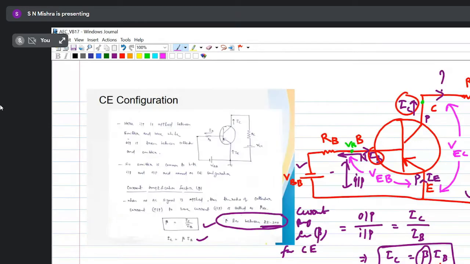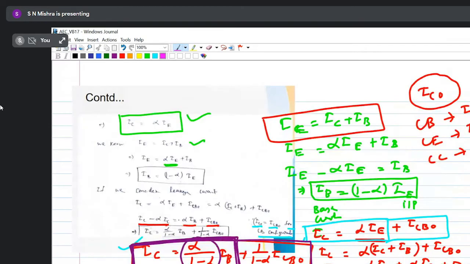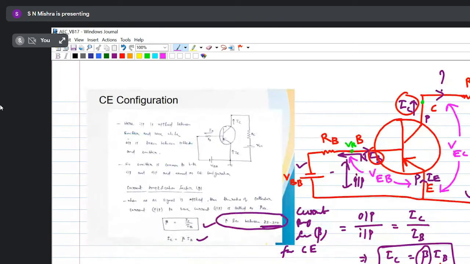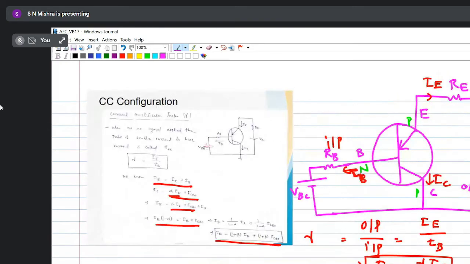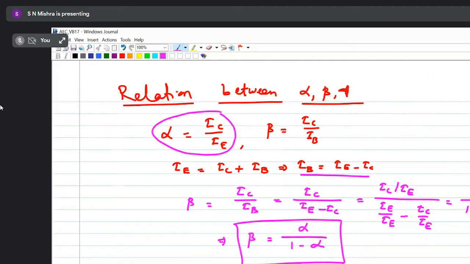Now, from here, whatever input is coming to port 1 is being directed to alpha by 1 minus alpha, IC equals beta IB. So beta equals alpha by 1 minus alpha, and here also we have proved it. And from port 2, whatever input you are giving is directed to port 3, and here it will be coming as output. And whatever input you are giving to port 3, now that will be going as